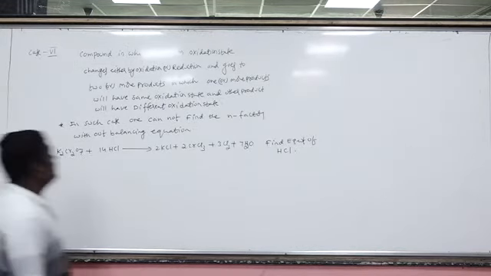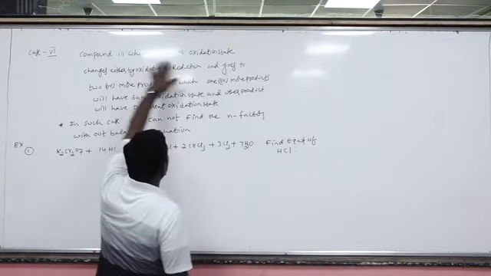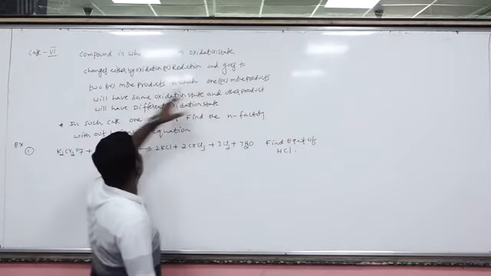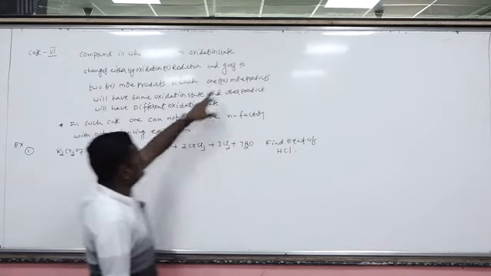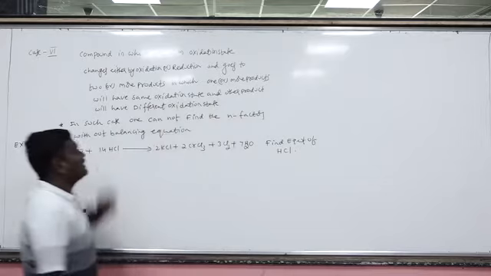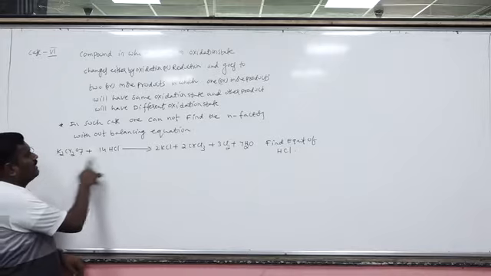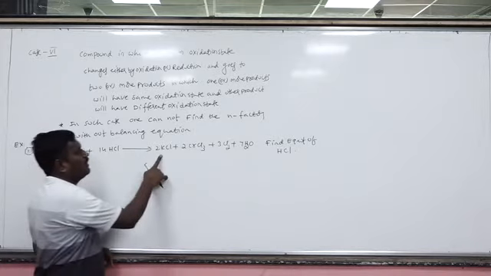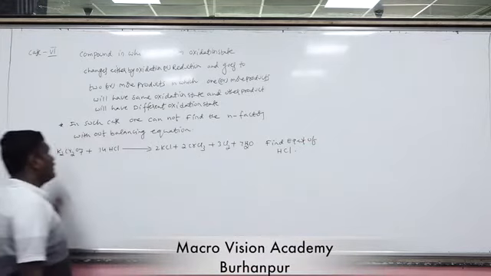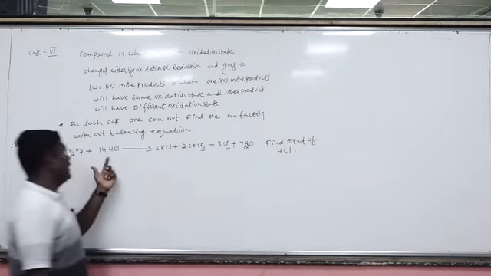Now, next the sixth case. In this, what happens? A compound in which one atom's oxidation number changes either by oxidation or reduction, and that atom goes into two or more products, in which one or more products have the same oxidation state, but in another product there is a different oxidation state. Let's suppose potassium dichromate reacts with hydrogen chloride to give potassium chloride, chromic chloride, chlorine and water. Now the question is, find the equivalent weight of hydrogen chloride.